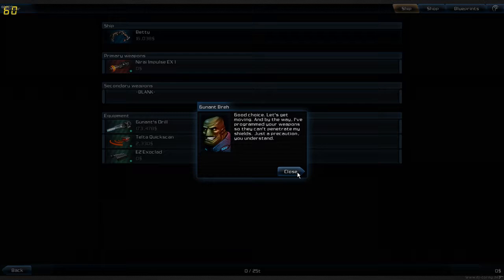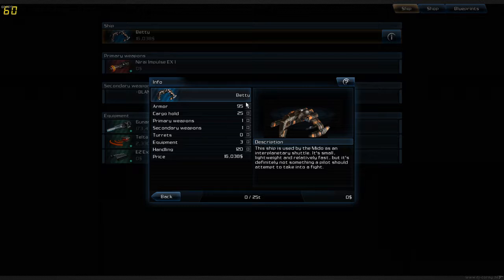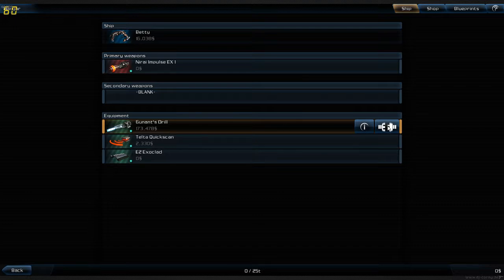Yeah, that's kind of obvious, but I wasn't really planning on taking them anyway, since my ship is probably a lot better. But here you can also see the stats of the ship, which 95 armor is okay. 25 cargo is just abysmal. One primary weapon mountable, one secondary weapon. That's pretty bad. Only three equipment slots, which is probably the biggest drawback of this ship. We do have a